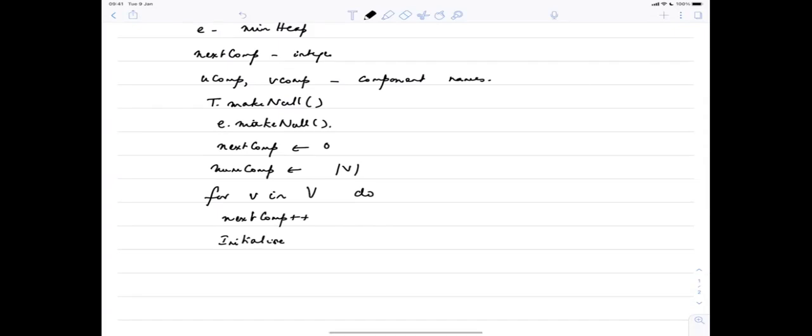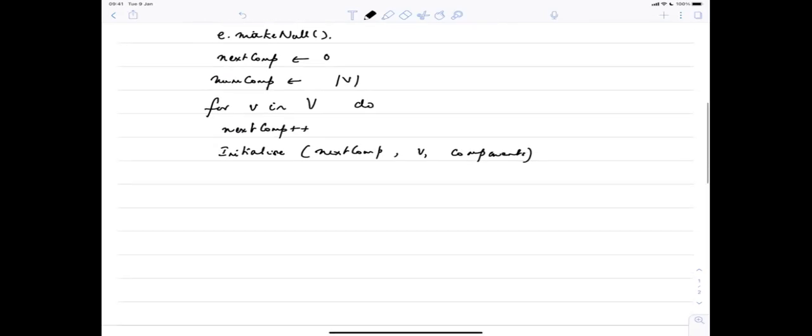Okay, assuming there is a set, next comp. So basically, it gives you the number of components and increments the number of components. Put it in the component list. It's a set of sets. Okay. For e in E,